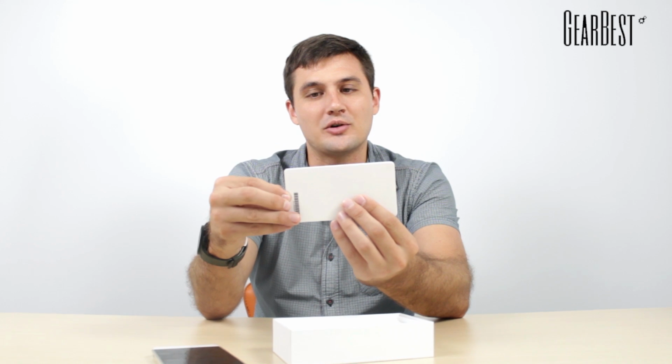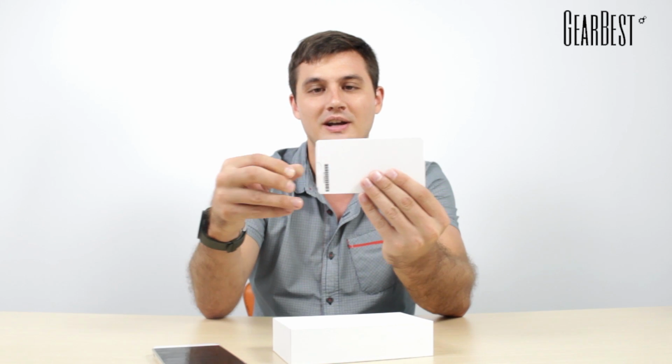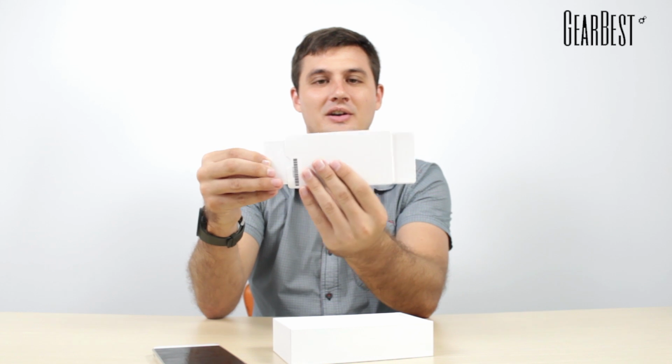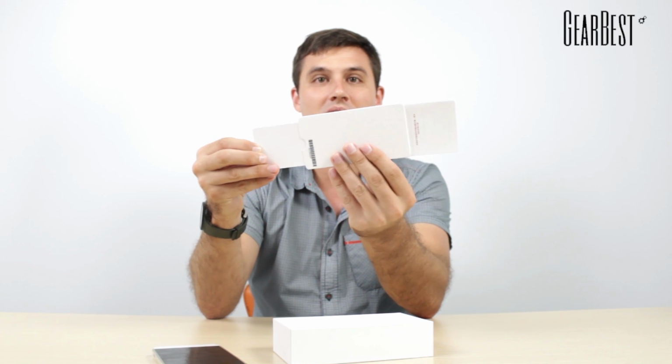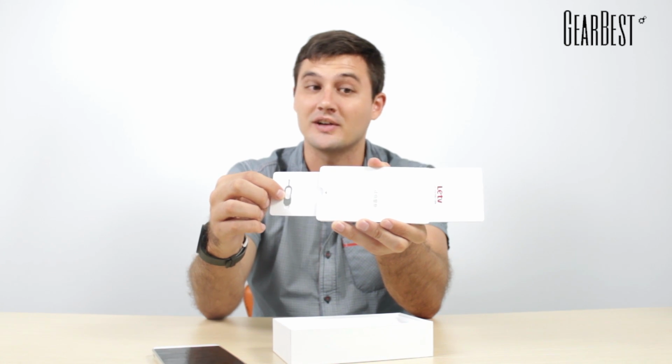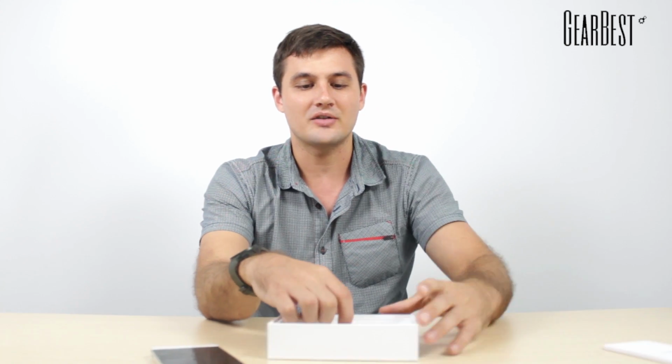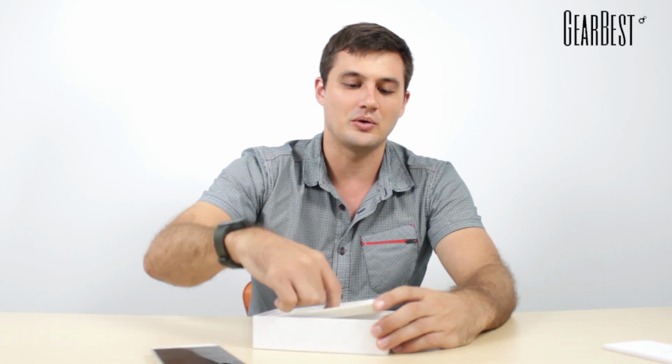Then you're going to have your informational booklet. This one's kind of cool because when you pull right here, it pops out on both ends. I'll see if I can get it here. Oh, there you go. You get your informational booklet. You also are going to get your little ejector stick for your SIM card here. Other than that, in the box, you're just going to have your